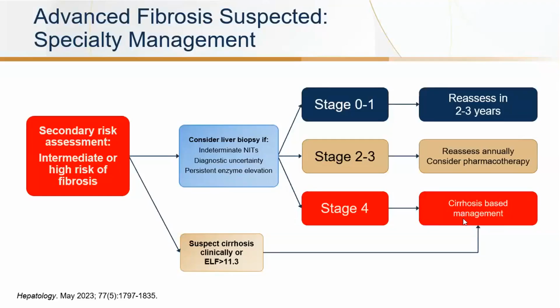And then always, if you suspect cirrhosis clinically, meaning if they have edema, if they have ascites on exam, your cirrhotics get the muscle wasting, so their arms are really skinny, the temporal wasting. If you're suspecting that clinically, or they have impaired synthetic function on lab work, you're just going to want to go right over to the right and manage the cirrhosis. But we're really trying to fine tune exactly where they are in this stage in order to treat them appropriately.